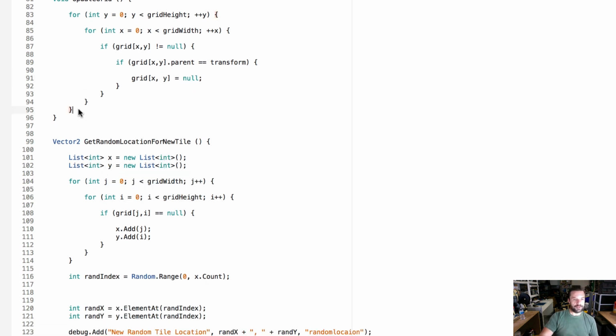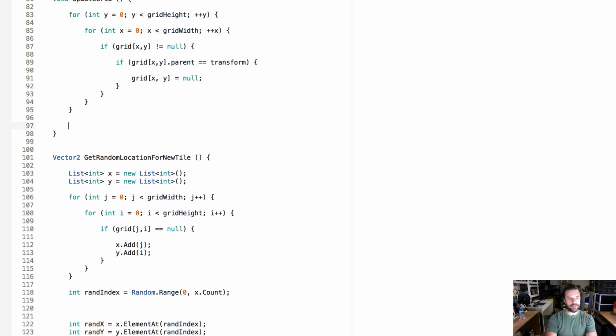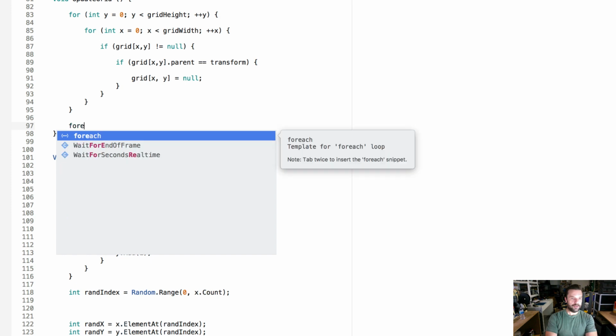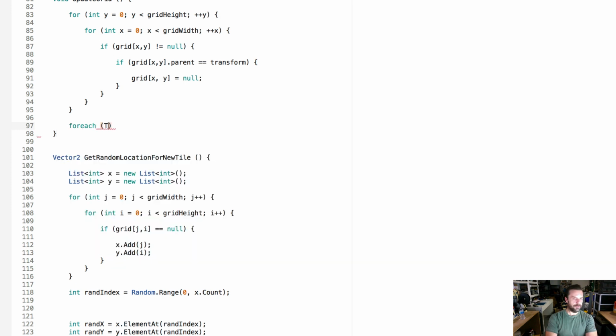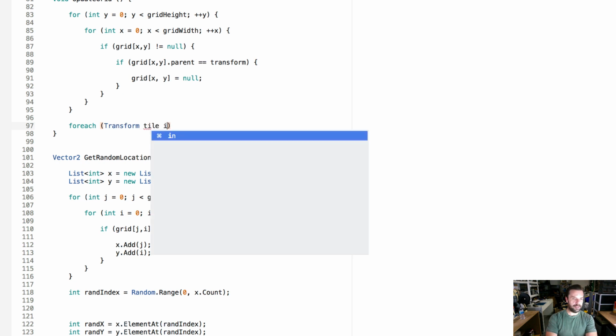So when we're done with this, we've now just blanked out the entire array everywhere there was a null. Now we're just going to go in and do another loop, and it's going to be a for each loop. And we're going to pass in tile